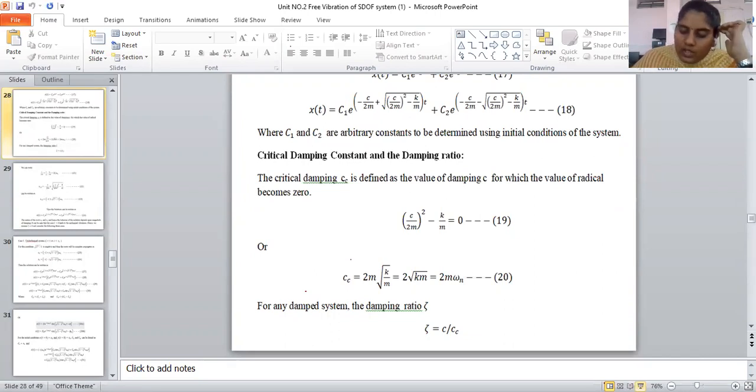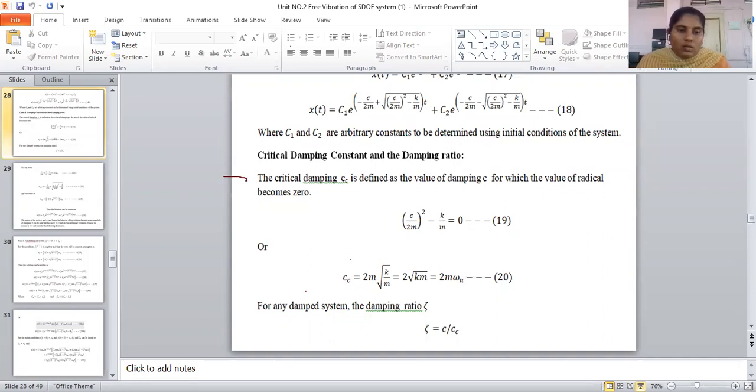Okay, now we'll move towards the next slide. Okay, from these boundary conditions, I got the values of C3 and C4. So you can write here that C3 is X0 and C4 is this value. So put these two values in the equation, automatically, so we'll understand.